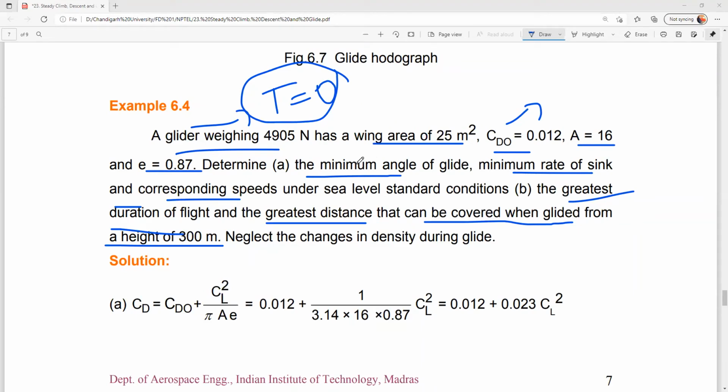So our main agenda is to calculate the minimum angle of glide and minimum rate of sink. But why minimum angle of glide and why minimum rate of sink? That might be a question, right? Why are they calculating minimum angle of glide and why not maximum angle of glide? And why minimum rate of sink, why not maximum rate of sink? So for that I would like to